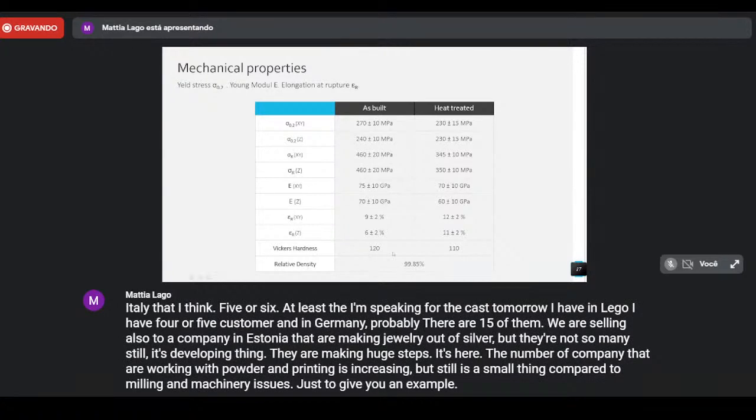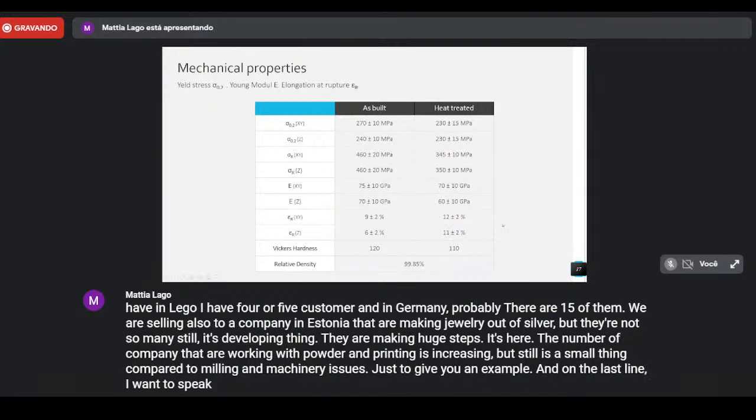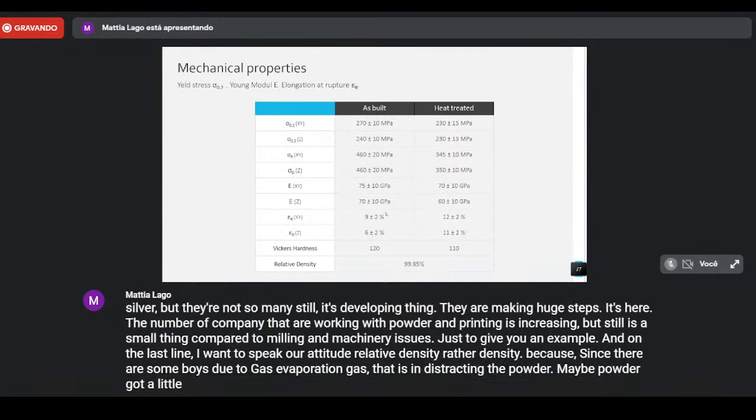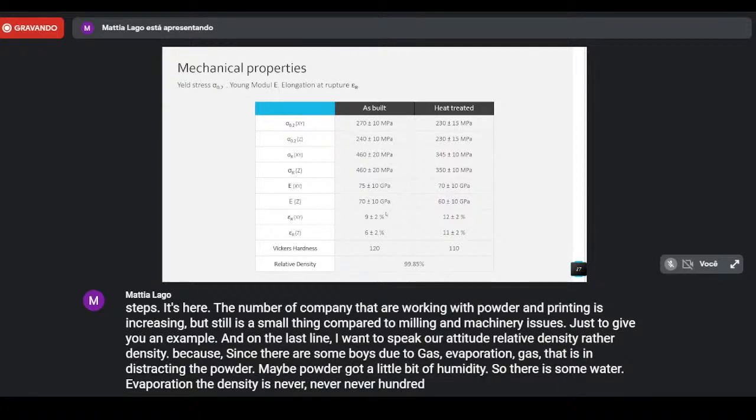On the last line, I'm also speaking about relative density. Relative density, because since there are some voids due to gas evaporation, gas that is trapped in the powder, maybe the powder got a little bit of humidity, so there is some water evaporation. The density is never 100%. And this, of course, will reflect a bit